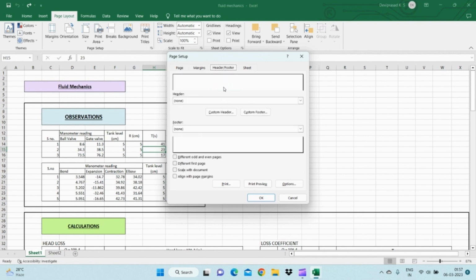First, the header option will help you with including the header on your page. Second, the footer option will help you with including the footer on your page. Next, different odd and even pages. Excel provides you an option of having a different header and footer for odd-numbered pages and another set of header and footer for